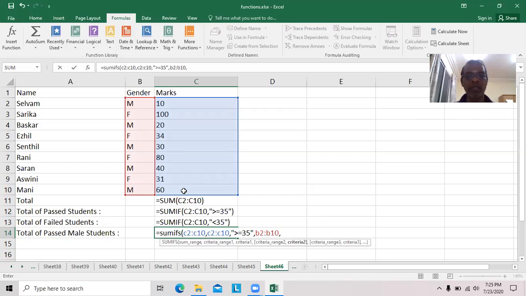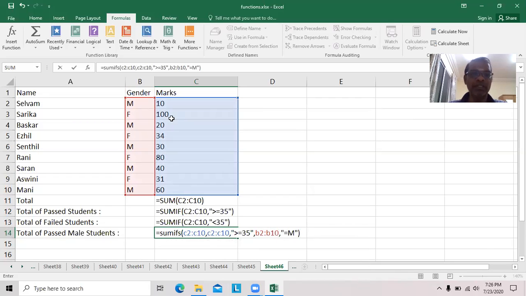Then condition number 2, within double quotes, equal to M. That's all. See here, first C2 to C10 will be monitored. Those greater than or equal to 35 qualify. Whereas in this row, F is there, while M is required.